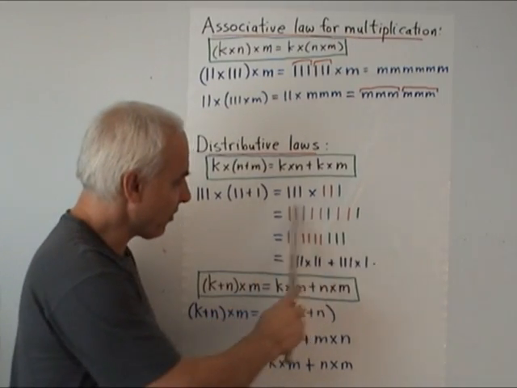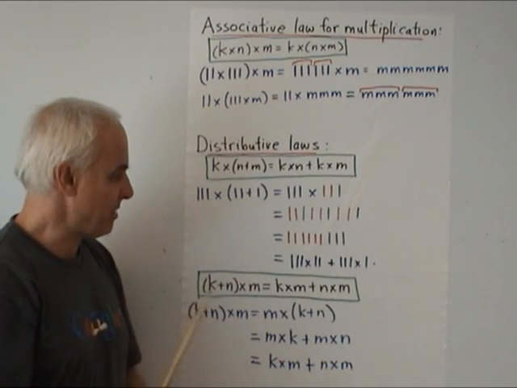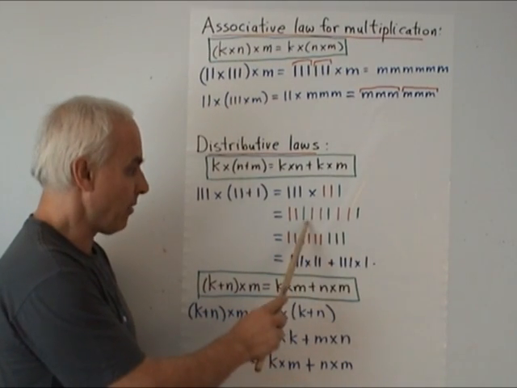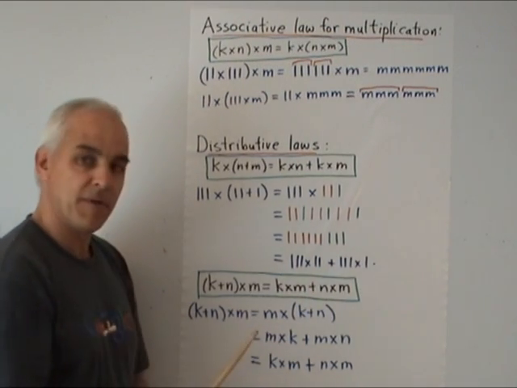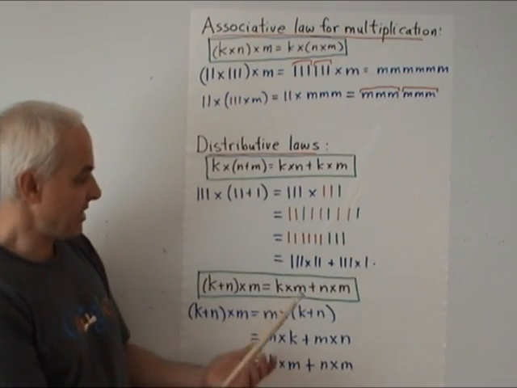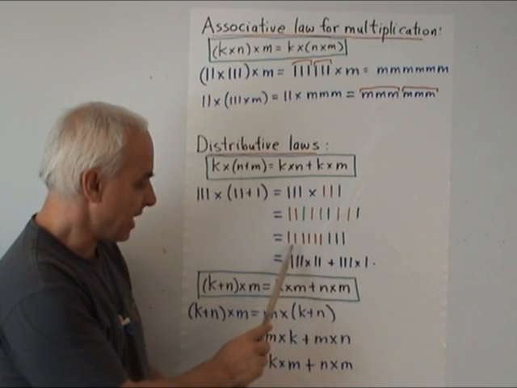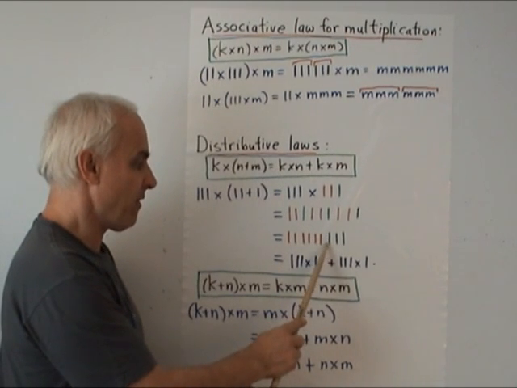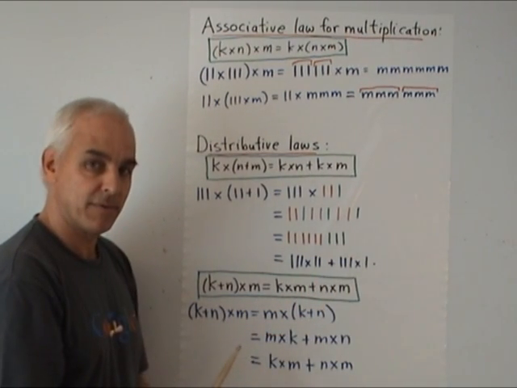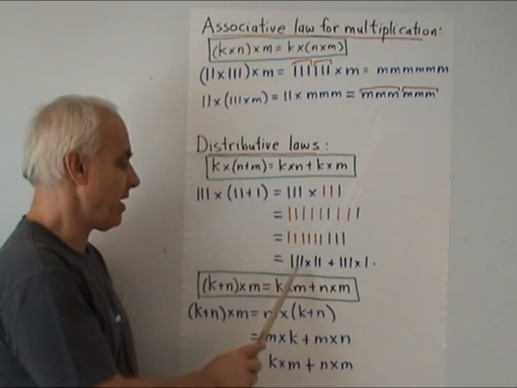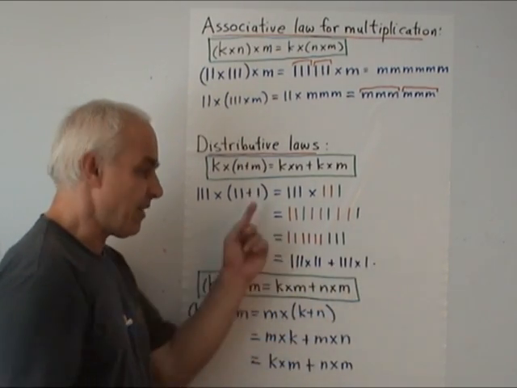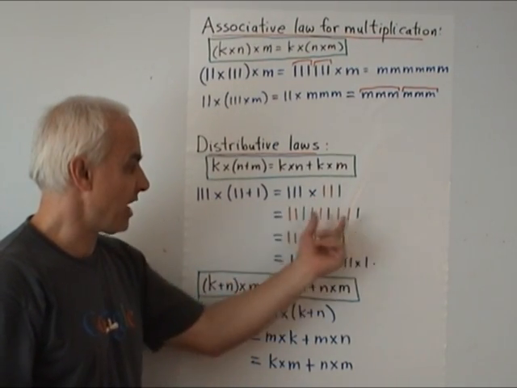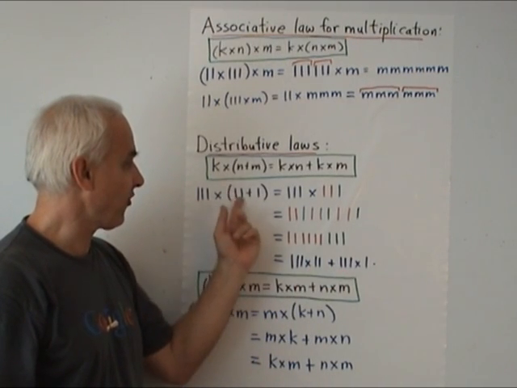Now we are going to rearrange those. We're going to take all the ones of the same color together. So there are 3 groups of 2 red ones. We'll put them all together there. And we'll bring all the green ones, there's 3 ones, over that side. And we see that what we end up having, in terms of the red ones, is 3 times 2. So we have 3 groups of 2 red ones, and also 3 groups of 1 green one. So 3 times (2 plus 1) is 3 times 2 plus 3 times 1. And this argument shows why it's true in general. We can always do this kind of rearranging to convert this to this.